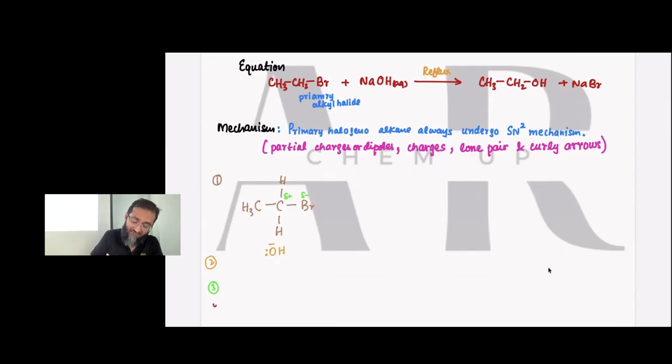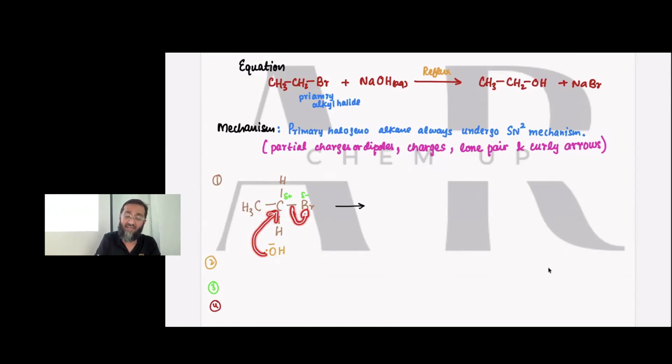So what happens at the fourth stage is that this OH with the lone pair attacks this carbon. Over here, I'm going to use the full-headed arrow because the pair is moving. And from this bond to this bromine, I am again going to make the arrow because this pair is going towards the bromine. Is this clear? Okay. Now, these two occur simultaneously, this attack of a lone pair and this snatching of the bond pair,